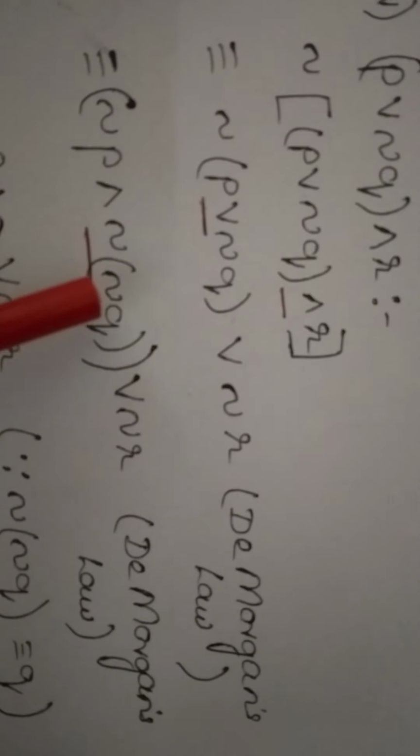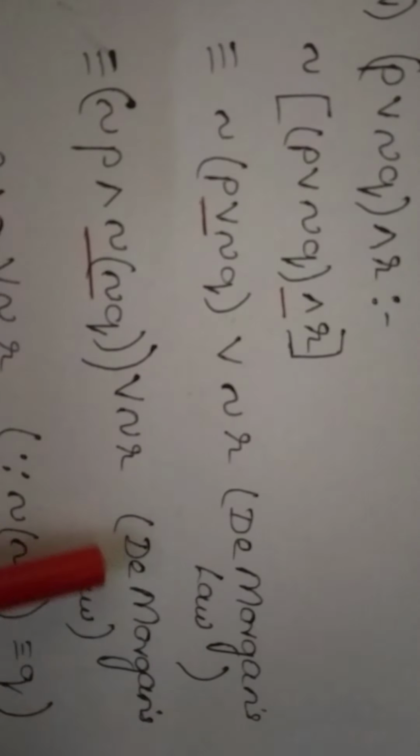In the next step, we go inside the bracket now. Inside the bracket, there is a disjunction given. We find the negation of it by finding the corresponding negative statements and the conjunction. And thus we get not P and not Q. Reason given is the same, De Morgan's law. Now in the next step, we find that there are two negative signs over here. So we remove the negative sign and we get not P and Q or not R. The reason is given over here in the bracket.